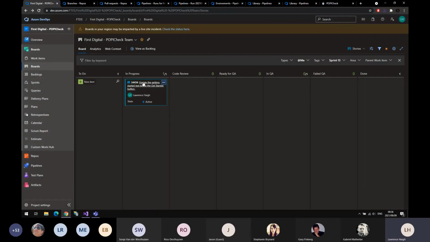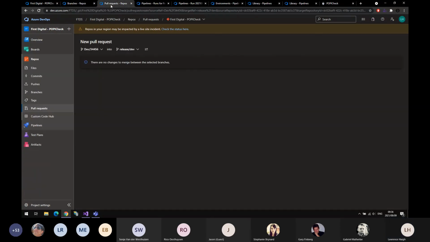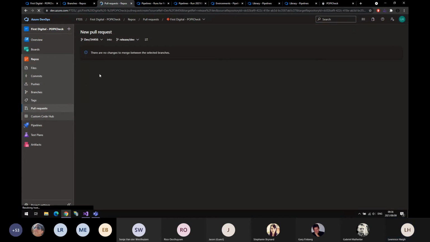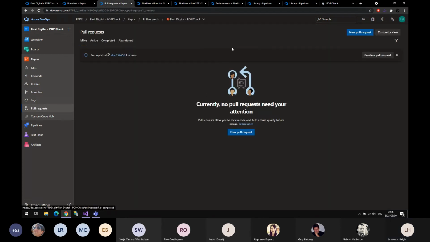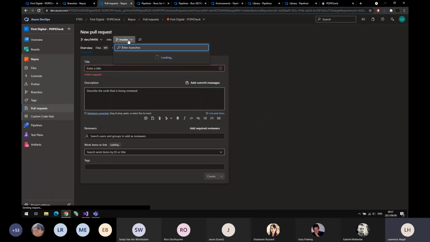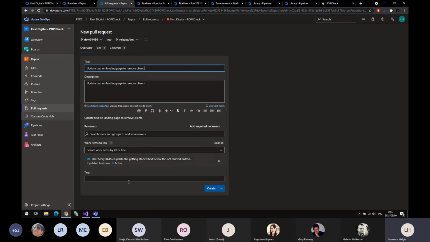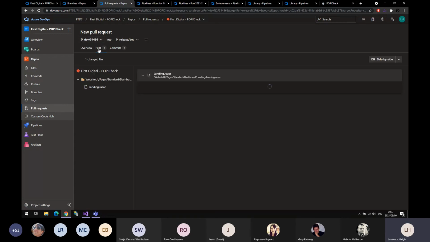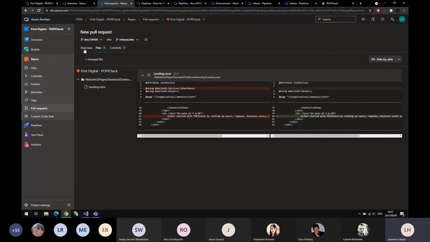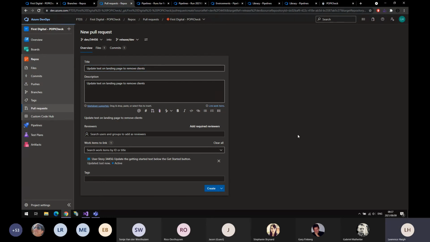Okay, cool. So we now drop this into our code review, and in our pull request section, let's create a new pull request, and we're going to push this into release. And now you can see that the user story is now attached to the pull request. You can see the changes that were made to the file. So if we create this,